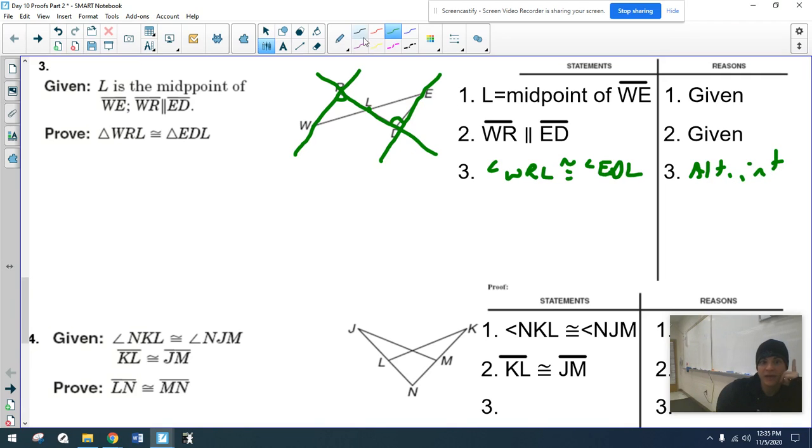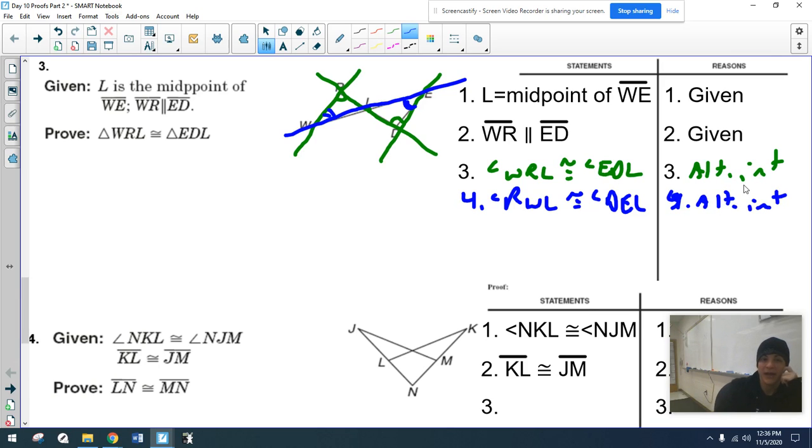Okay, same thing if you use the other transversal. Now, if I use the other transversal, that means these 2 blue ones are equal. So that could be my next step. So I've got RWL, and I've also got DEL. And those are also alternate interior angles. Okay. And then the other thing I had, I know I have vertical angles in there, but